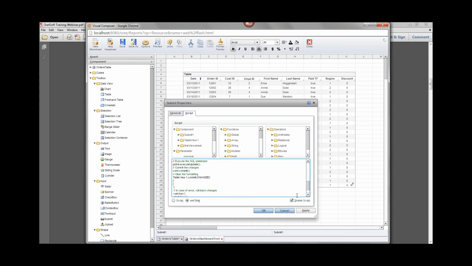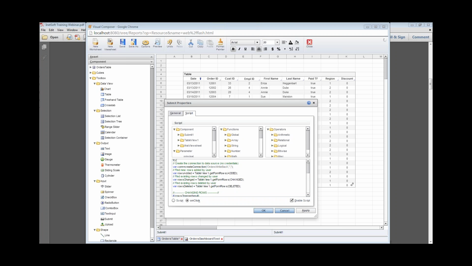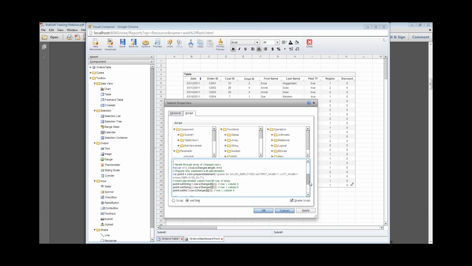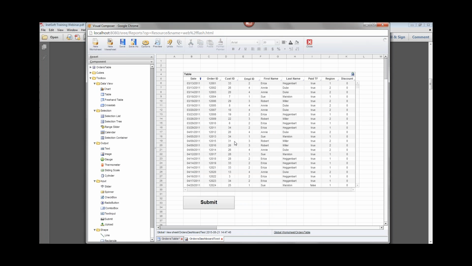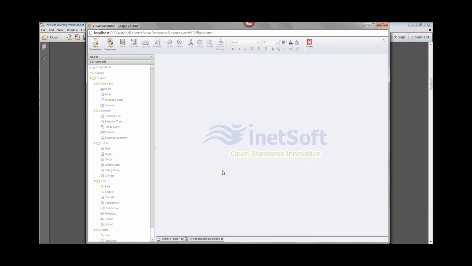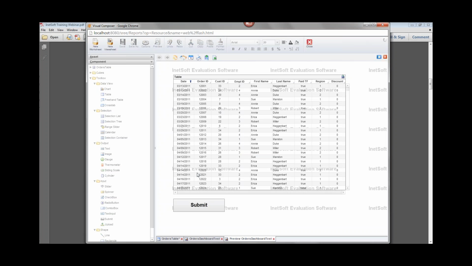Okay, well, let's see if it works. I'm just going to select all, copy that. I'll copy it into the chat box, but again, it is more or less in the documentation. It's a more extensive script in the documentation that also lets you see how to do the added and deleted rows, but the procedure is basically the same. So press OK, save this, and then I'll do a preview. And let's see what happens.